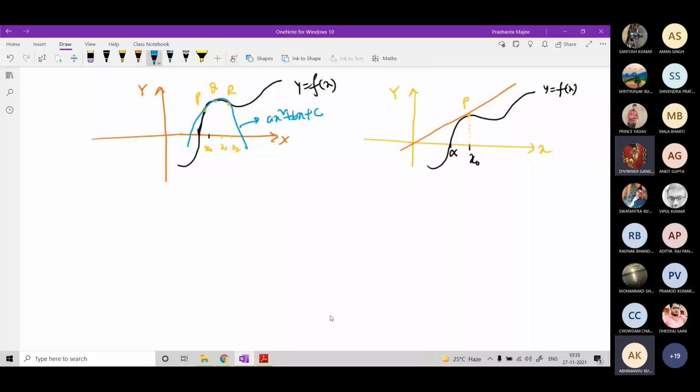So this is the idea we are going to. Excuse me, sir. Sir, is it necessary that all the 3 points lie on the parabola? It has to be lying. We are drawing particularly that parabola which will be passing through 3 points. You take any 3 nonlinear points. There exists a unique parabola passing through those 3 points.